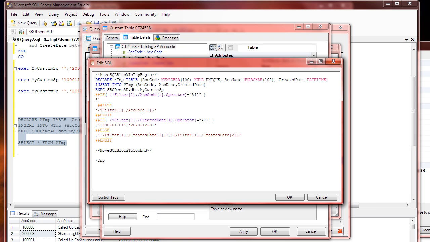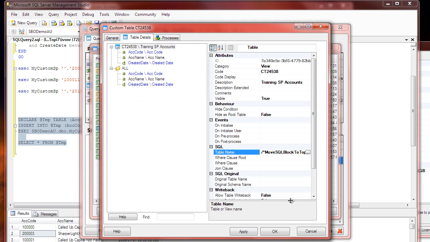So let's see what happens now when we put in account all. It should substitute that in. If we put in a value, we'll get a different account code. We'll actually get the account code that we've entered in there. So I'll press OK now,